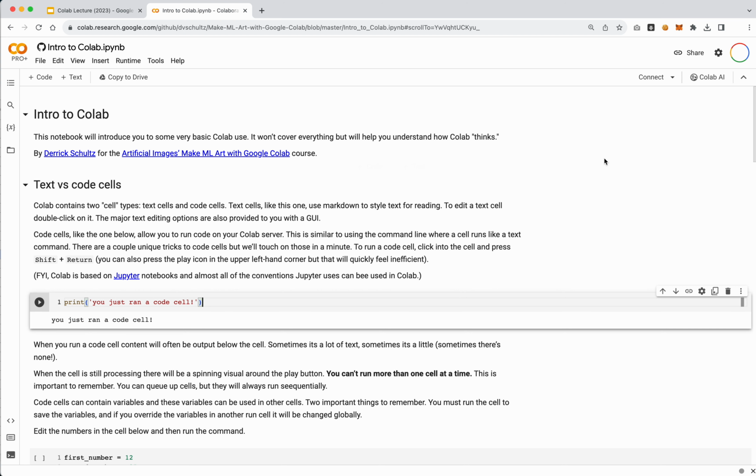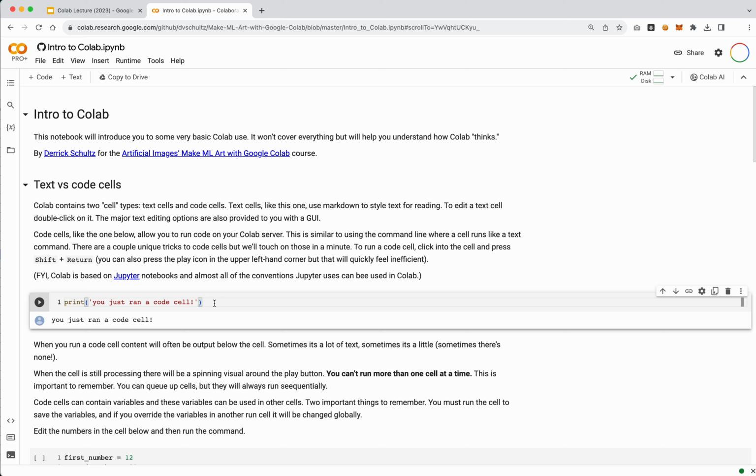Now, we are not connected yet to a machine. So in this case, we're going to want to come up to the top right here, and we're going to click connect. In this case, it's going to connect us to a default machine, which is a regular CPU machine, which has no GPU attached to it. That's totally fine, but we want to just start here. So let's go ahead and hit connect. And now see it has a green check mark, and it says RAM and disk. Now, that means we're essentially connected, and now we can run a cell.